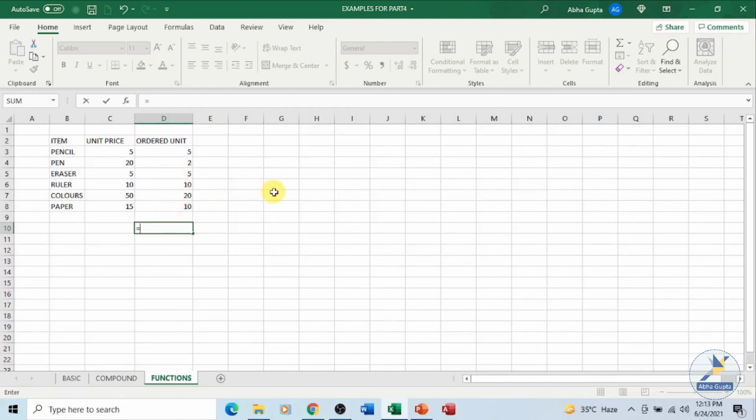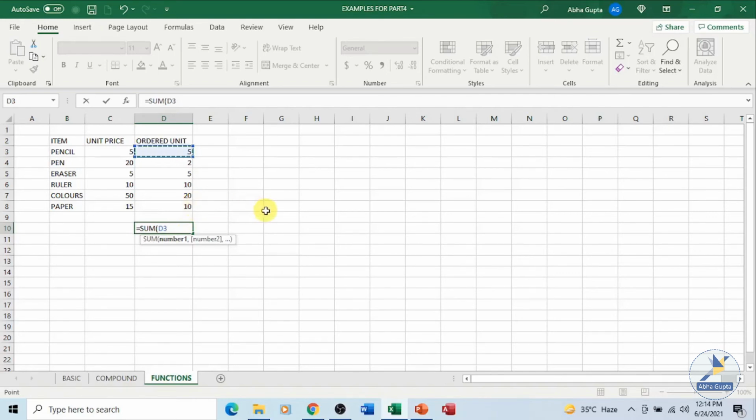So my function begins with an equal to sign followed by the name of the function, that is sum, opening parenthesis, and I have to supply the cell addresses where the values are present, starting from D3 going up to D8.